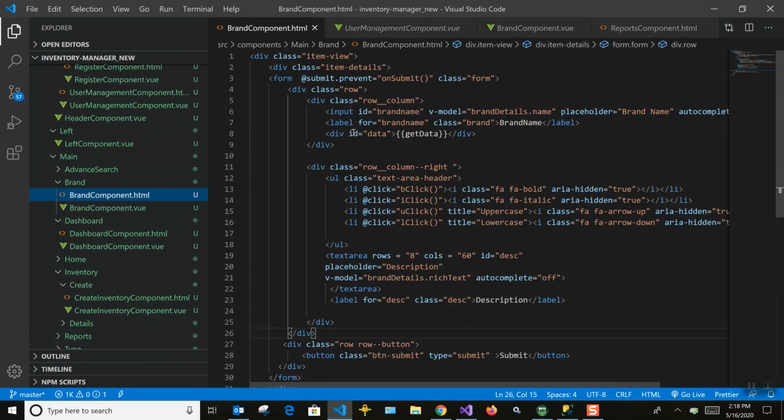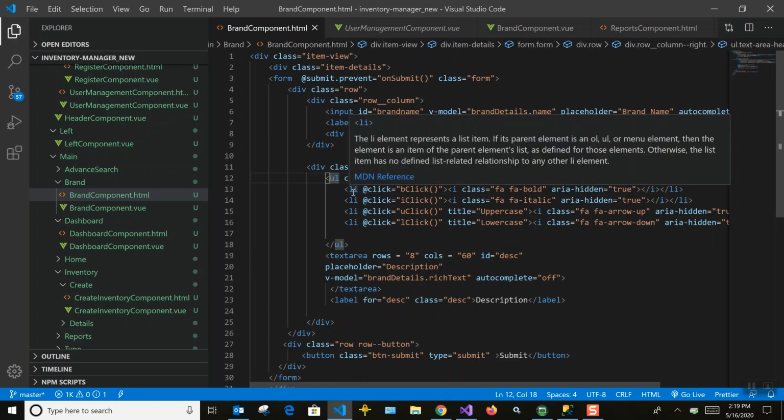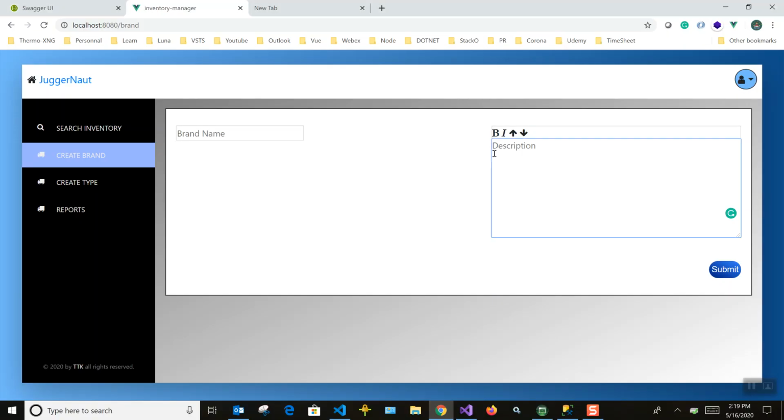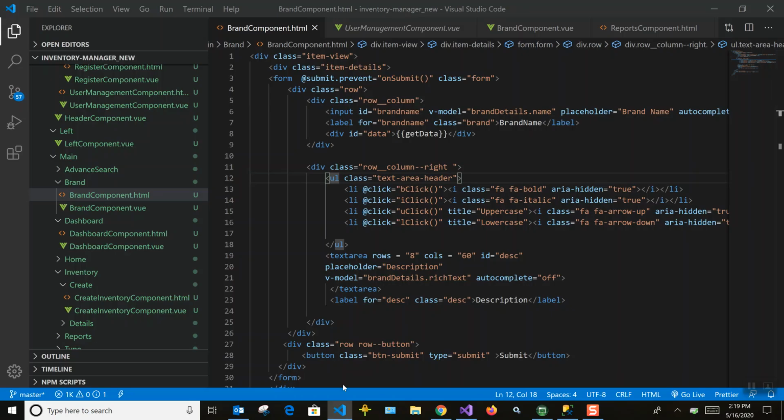Here I have one place to enter the brand name input details, and another place I have a text area. Then I created a UL, and there I am keeping all those menus. So this is the brand name part I showed first. This is the text area which will hold all the text area value, and this is the UL. Inside that UL I have given all the icons.